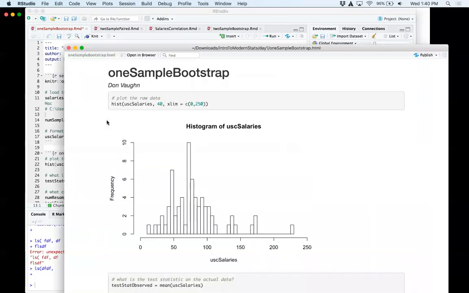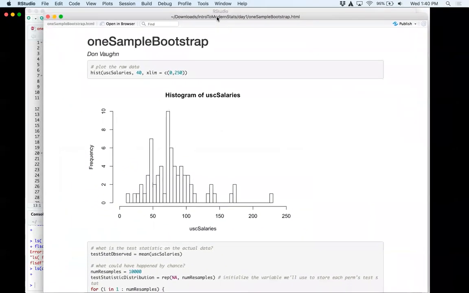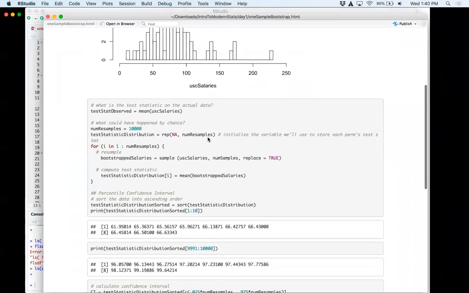So when you do this, here's our data. And we do basically the same thing we did before. We take our, what's the actual mean of my salary? Let's say, what's the actual mean of my USC salary? Okay, so that's what I really observe. I think it's like 70K. That's my best guess. But when you have to put confidence bounds on it, you do this for loop again,